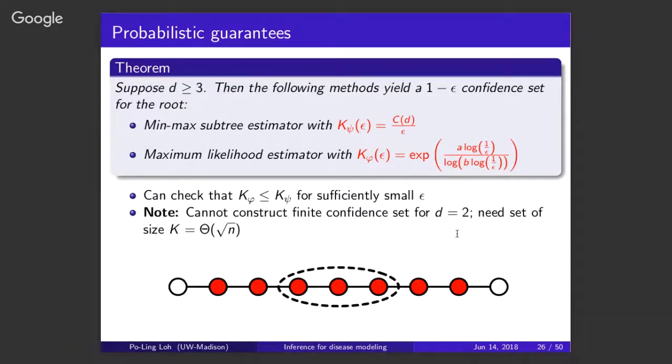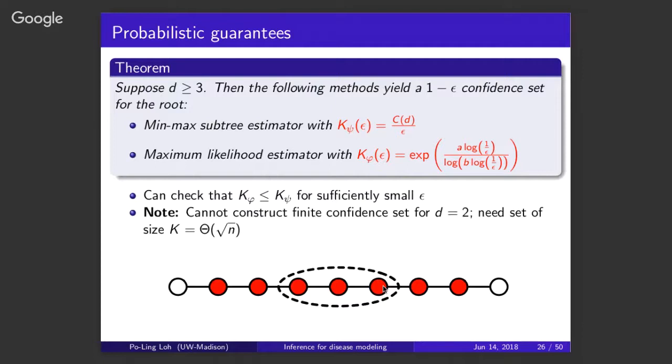Just as a quick illustration, imagine we're looking at the case where D equals 2. When you look at this theorem, one thing you might ask is, why is D at least 3? Remember, D is the degree of the underlying subtree. If the number of neighbors of each node is 2, the underlying subtree is just a line. On each successive time step, one of the two end nodes, which are not infected, will get infected with probability 1/2 each, because we're always picking a node uniformly at random on the infection boundary. So it's like a random walk on a line, going to the right with probability 1/2 or to the left with probability 1/2.